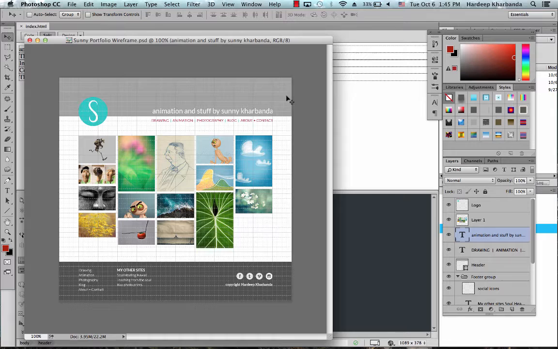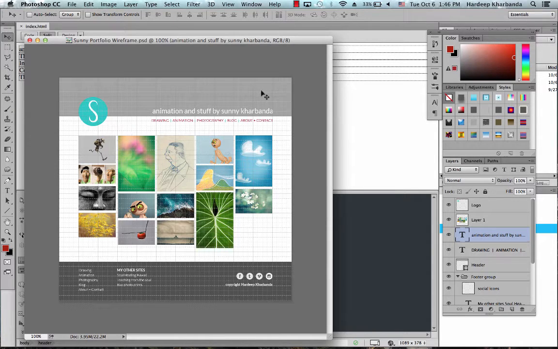The overall wireframe is 1200 pixels wide. Each of these squares is 100 pixels. So I can see that my header is 200 pixels tall. It has a gray colored background, which I may replace with an image background later. It has my logo, my site title, and a navigation menu. The width of all this content from the left edge of the logo to the right edge of my title and menu is 10 of these squares, which makes it 1000 pixels.